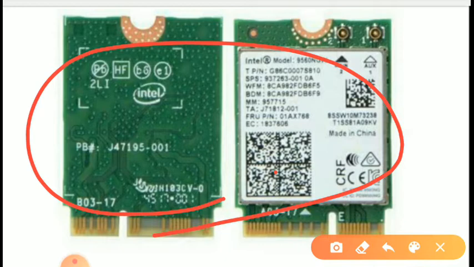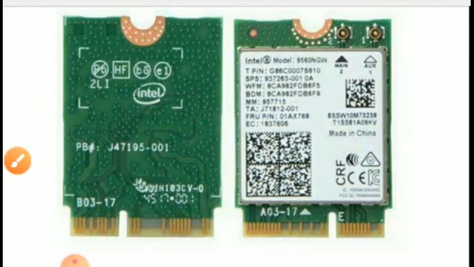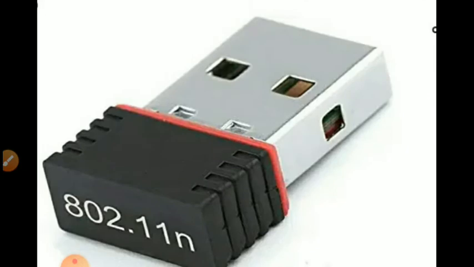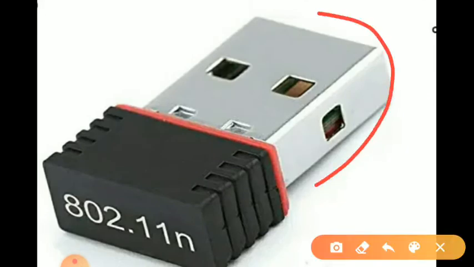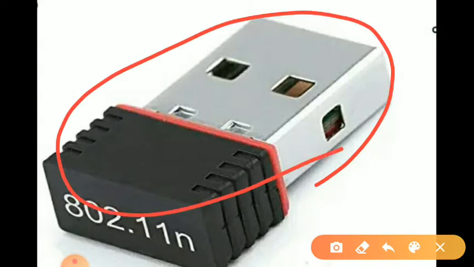The primary benefit of a Wi-Fi card in a desktop computer is that it allows you to set up your workstation or home office without considering the availability of a hard line of network. This is an internal card that we insert into our CPU, and this is an external Wi-Fi card, which is attached to the desktop computer.